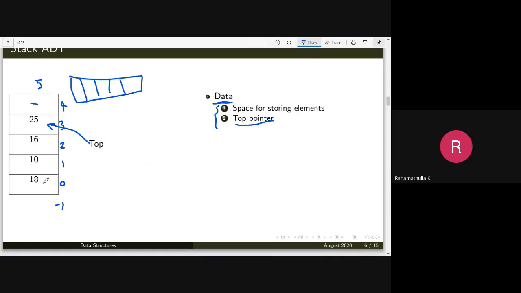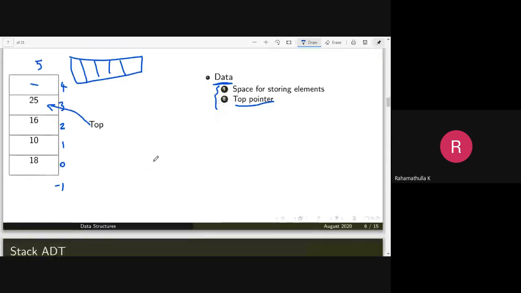But it is always better to think of it in the vertical direction, so that you can think of a stack as stack elements themselves. So the 0th element will be at the bottom, the first element on top of that, the second element on top of that, and so on. The top pointer, or top variable, is always pointing to the topmost element in the stack. Actually top is not a pointer, top is a variable, which may be an integer variable. If the value of that integer variable is just one, in the sense it is an empty stack.